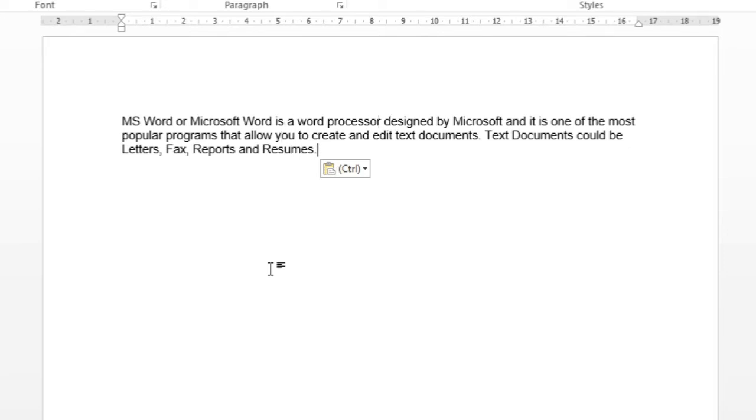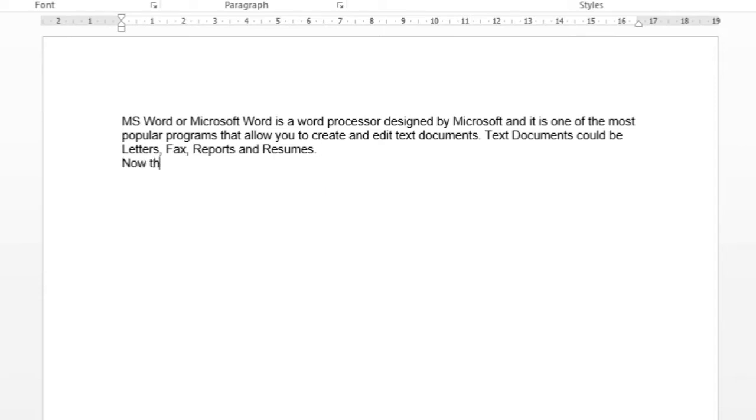Whenever it comes to the end of a paragraph, only then you can press Enter. When you are typing some text, automatically it will come to the next line when it reaches the end of the line or the margin. When you require a new paragraph, it is not a new line, it is a new paragraph, then only you press the Enter key.